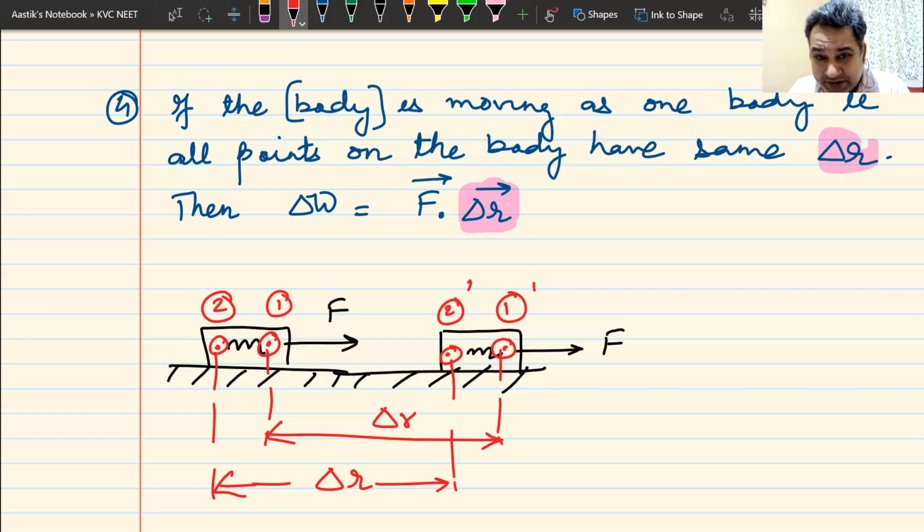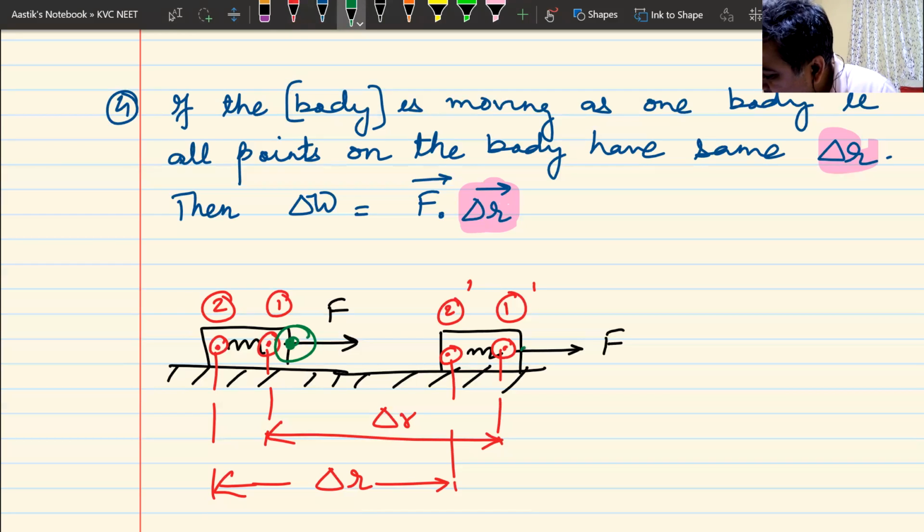So if the motion is simple, and this simple motion is known as translational motion, which is what we are studying now. And I think Sanjay sir will be taking the rotational motion, where the things are going to move in different ways. If the body, if all the particles are moving as one unit, all displacements are same. Now, there is a very important point here, which I'm going to mark with green.